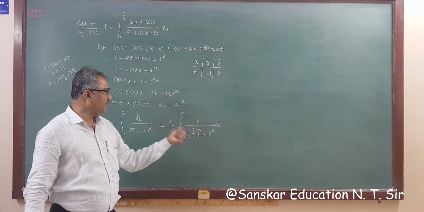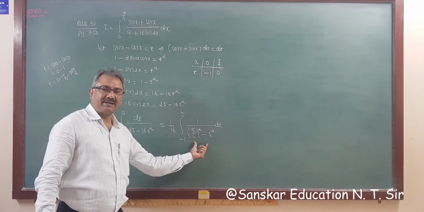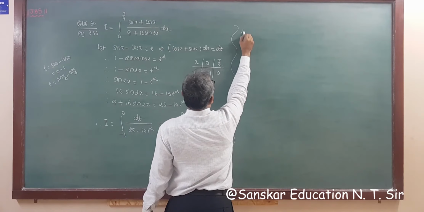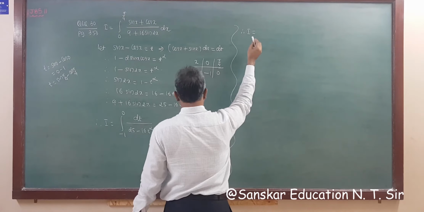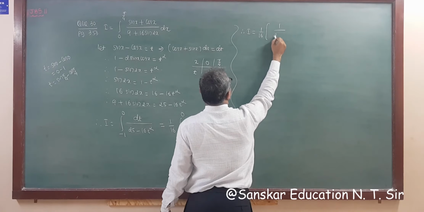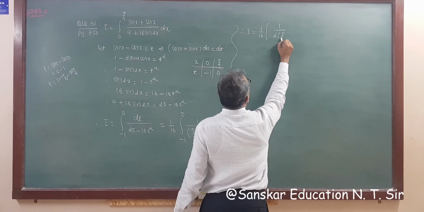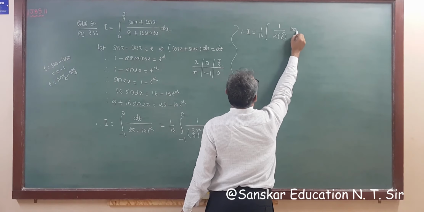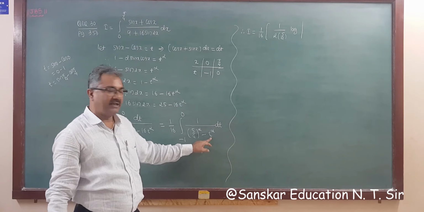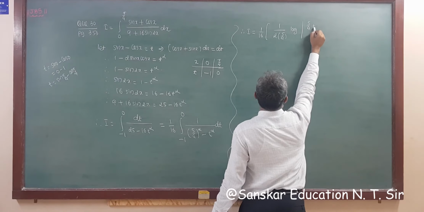So this is the formula without under root, 1 upon a square minus x square, and the answer of this will be, therefore I is equal to 1 upon twice A. What is A? A is 5 by 4. So this is 5 by 4, and the answer is log of A plus x, where A is this and x is t. So 5 by 4 plus t. So this is 5 by 4 plus t.